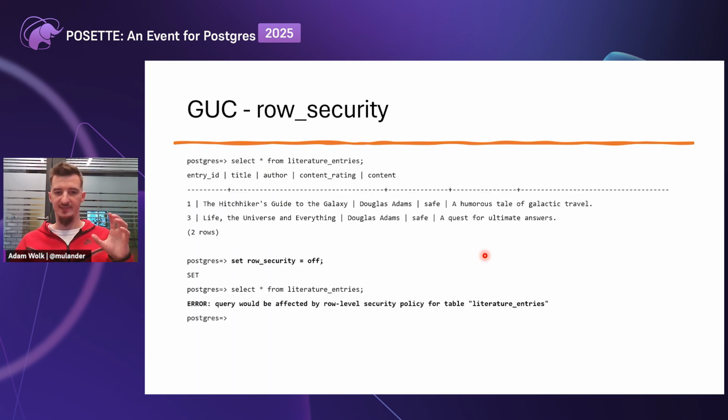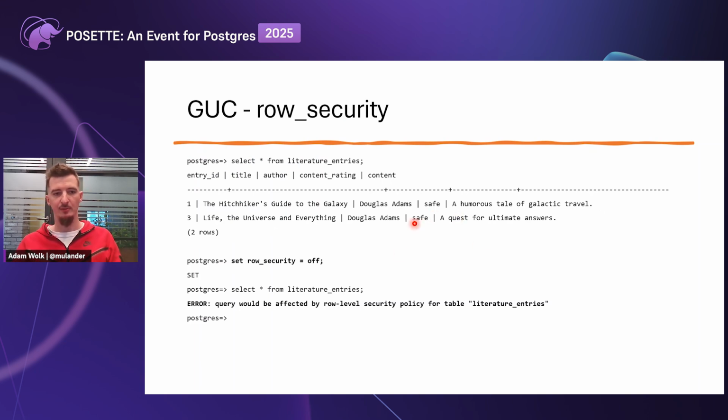Now there's also this GUC. GUC is like a user configurable variable in PostgreSQL called row_security. That's very misleading, and it tells you like you can set it to off, and what it does is it doesn't disable row level security. What it does is it tells you, if I run a query now, would this query be limited by the policies of row level security?